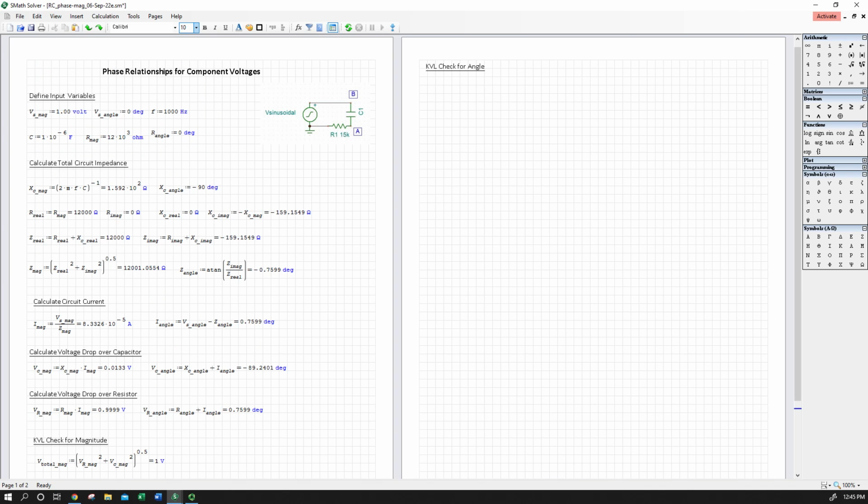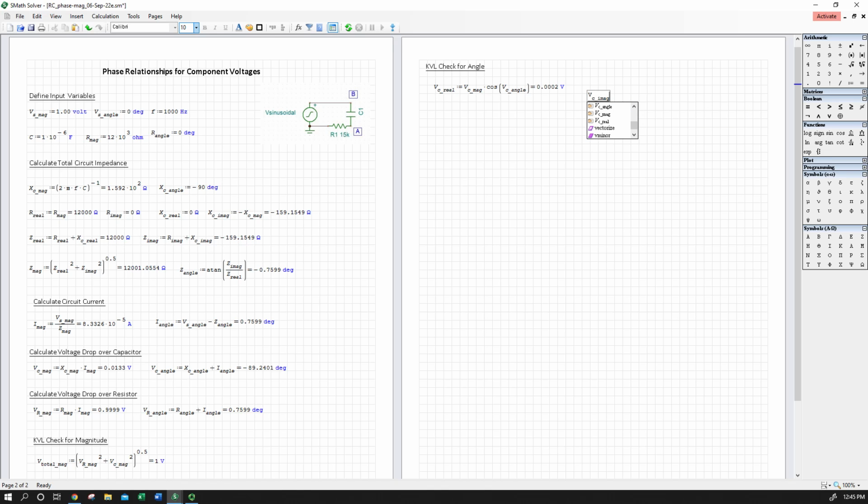Okay, so at this point what we're going to want to do is re-express our component voltage drops instead of magnitude and angle. We're going to want real and imaginary. So I'm going to start with V sub C real. Now I get to use my trig. So that's going to be V sub C magnitude times cosine of my V sub C angle. So that should be something a little bit less. And V sub C